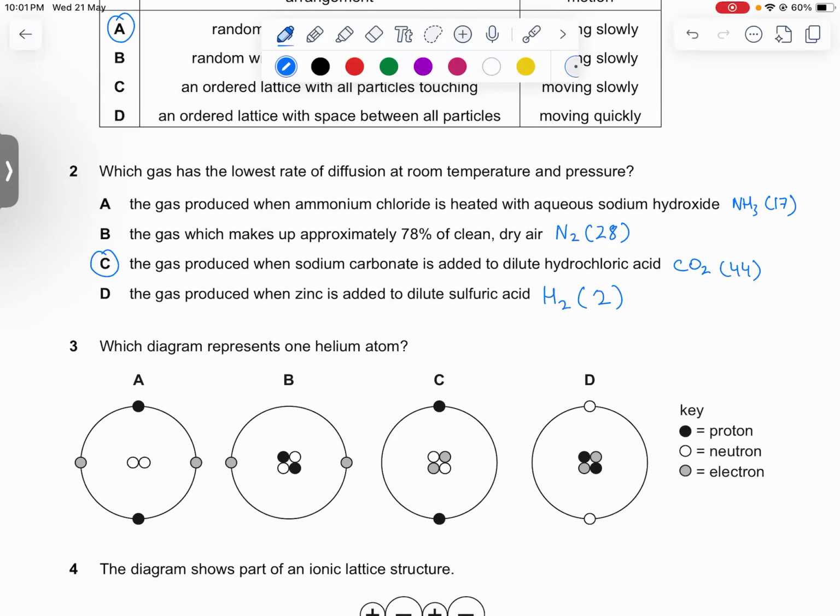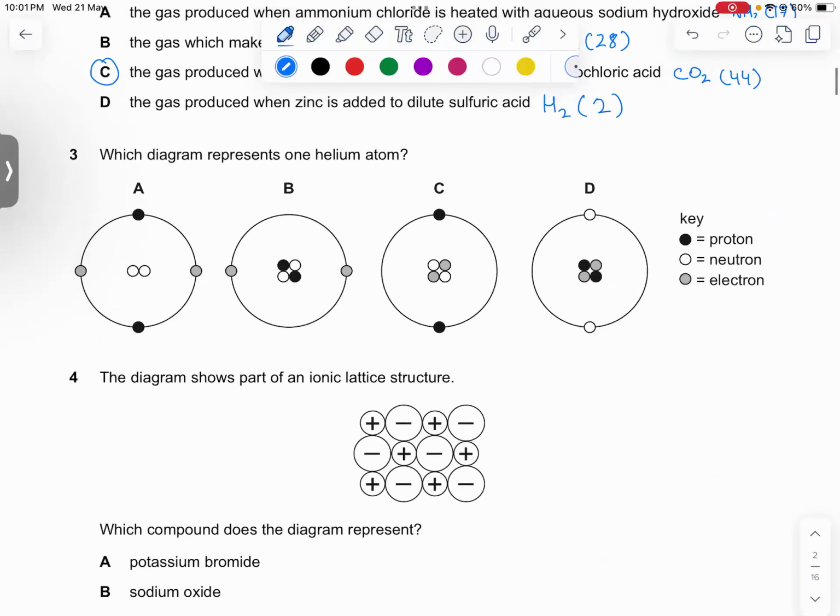All right. Next question. Which diagram represents one helium atom? Now, a helium atom contains protons, neutrons and electrons. A helium atom contains two protons, so it has atomic number 2. It contains two electrons, and its mass is 4, meaning it contains two neutrons. So 2, 2, 2. Now, electrons are always in orbit, meaning they are on the outer side, and protons and neutrons are in the center. So in which diagram do we see electrons in orbit and protons and neutrons in the center? We see it in option B, right? Look, these are protons, these are neutrons, they're in the center, and the electrons are on the orbit.